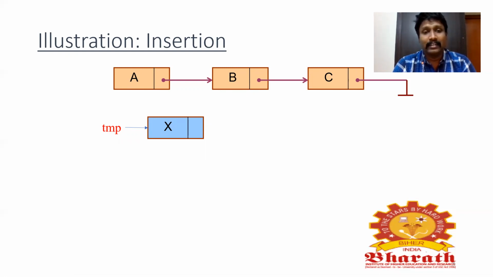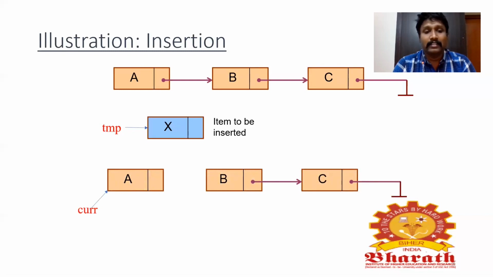The address of the new node is taken by A, so that the link will be created from A to X, and the address of the new node, the X node, will be given to B, so that another link will be created from X to B. So this is how insertion will be done in a single linked list. As you can see, the X item has to be inserted between A and B, the current node. Since the address of A has been shared to X, it is linked together, and the address of X has been shared to B, it is linked together. So this is how insertion has been done.